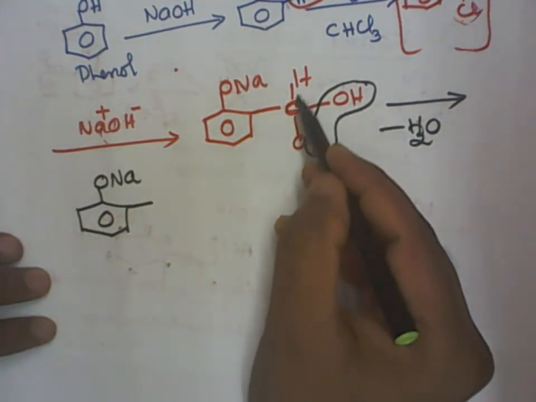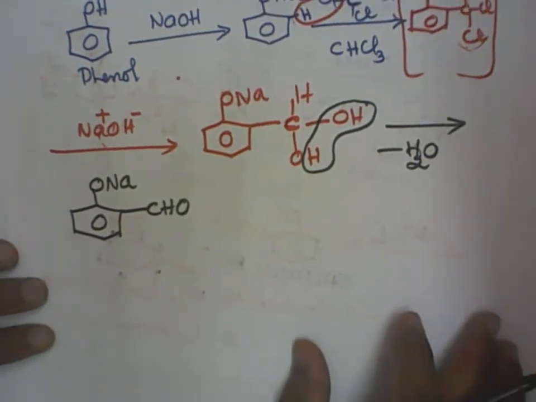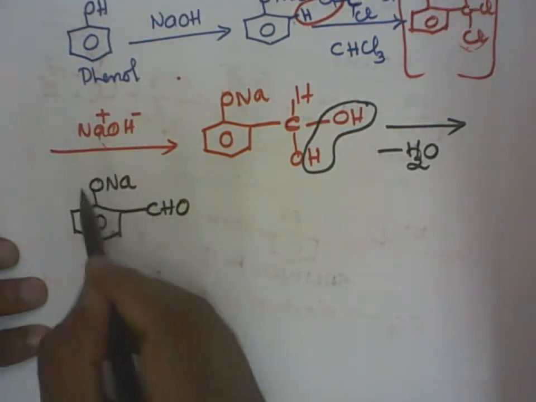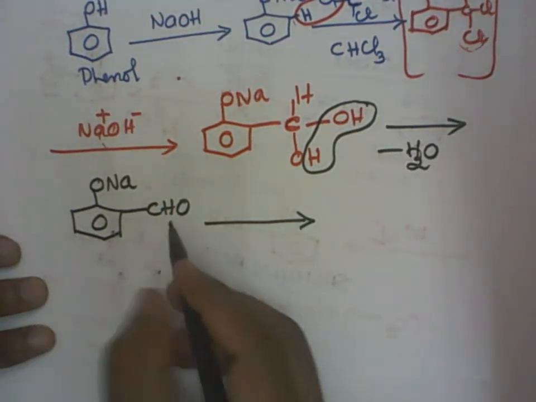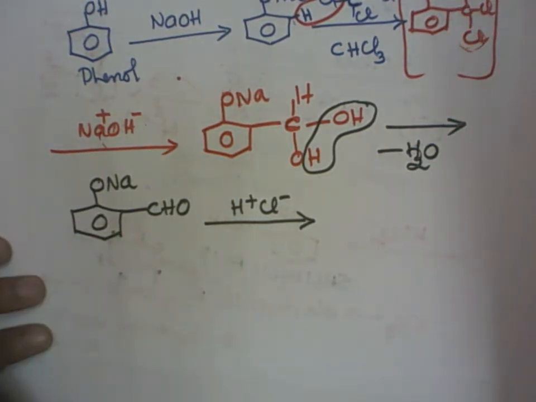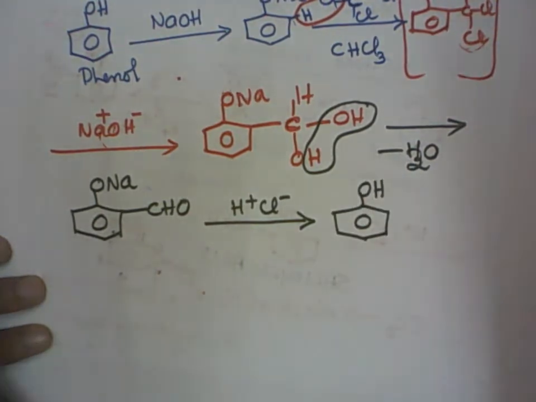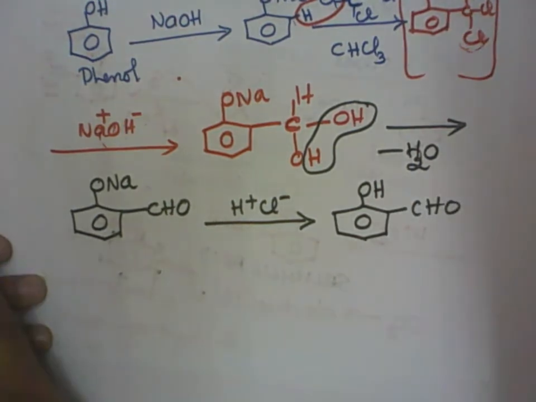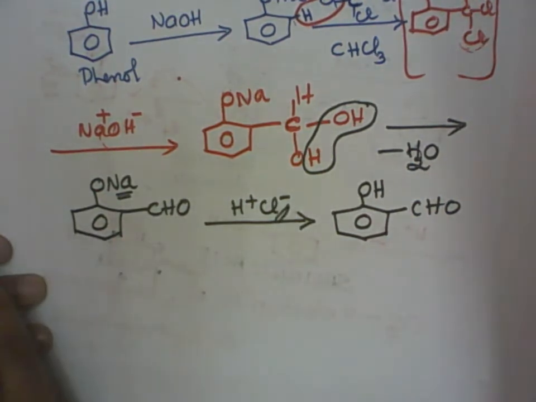CHO, together. Aldehyde we are going to get. Again, this is the sodium salt. Now, how to get the neutral molecule out of the sodium salt? Just acidify with dilute HCl or sulfuric acid. When I do so, I will get a neutral OH group, not the sodium part, then a CHO. The side product is sodium chloride, Na plus and Cl minus. I'm not interested in that.